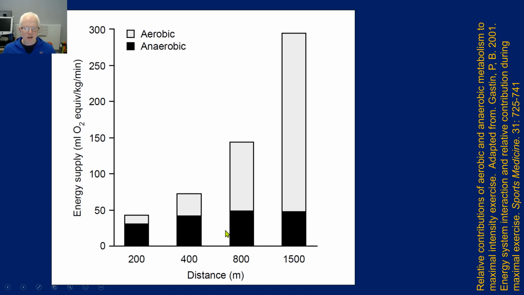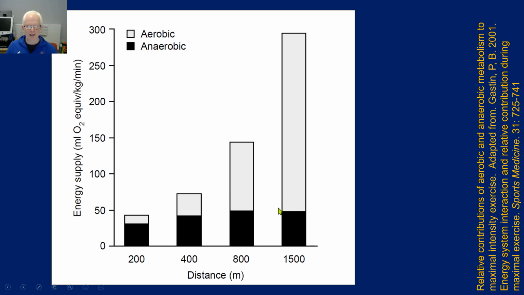But when we get to the 800 and 1500 meter races, there's something really important going on here. Firstly, obviously, as the duration of the event increases, the total energy cost increases, and you can see that as the distance doubles, the total energy cost is pretty much doubling. But if you look at the 800 and 1500, and in fact even the 400, what you can see is that the total contribution from anaerobic metabolism doesn't really change. And so what that is telling us is that in these events, the 400, the 800 and the 1500 as an example,